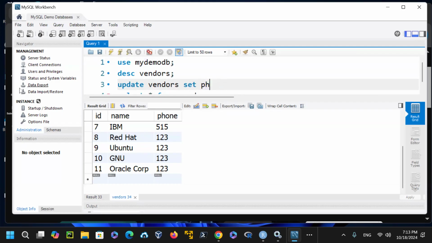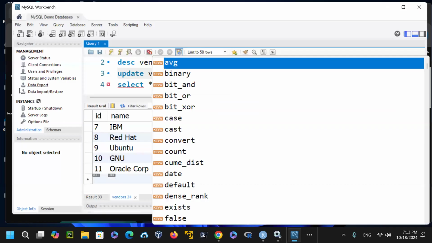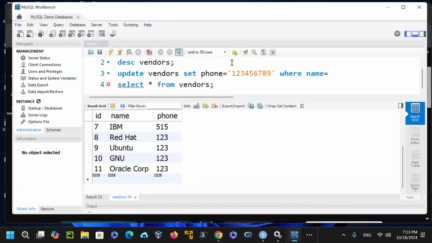Set phone as equal, and then we just change the phone for 1, 2, 3, 4, 5, 6, 7, 8, 9. That for where name is equal IBM. I don't know if IBM was having that name, yeah. Where name is equal actually Red Hat or GNU. So where name is GNU